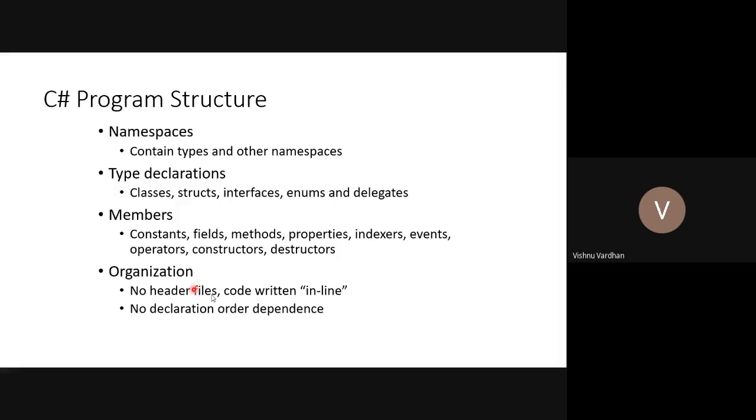Then organization: no header files, code written inline, no declaration order dependence. There is no sequential ordering you have to follow, like you do with PHP and other languages, and you don't have to provide separate header files, because when you write header files, you are getting the content from somewhere else. These header files are replaced by namespaces, but namespaces are not a simple file.